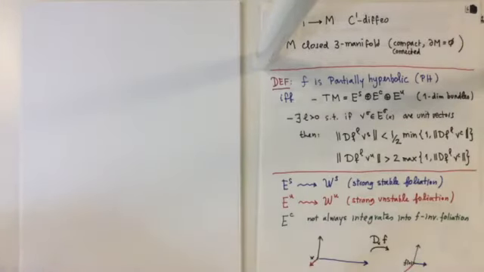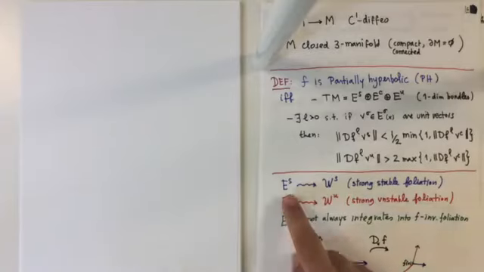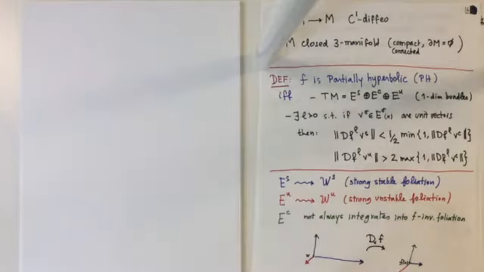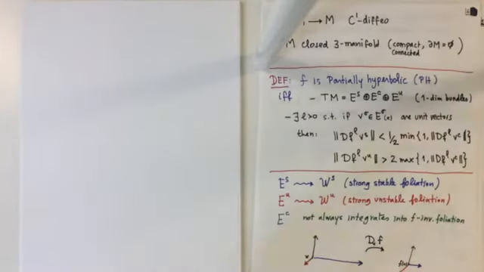Okay, so I left the definition. I didn't comment on the definition of partial hyperbolicity, but it's a diffeomorphism of the manifold, and you preserve three bundles. So in general, both the stable and the unstable bundles integrate into foliations. The center direction does not always integrate into a foliation. In general, it doesn't, but at least it's one-dimensional. So you can integrate curves tangent to it, and it's a very important